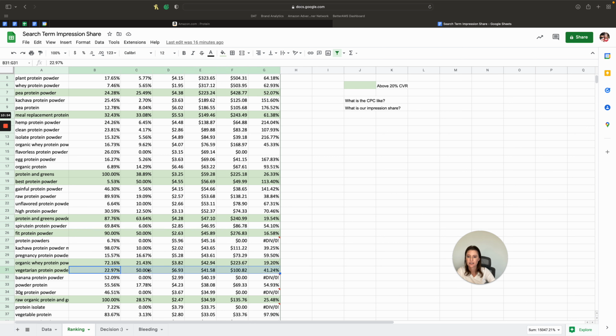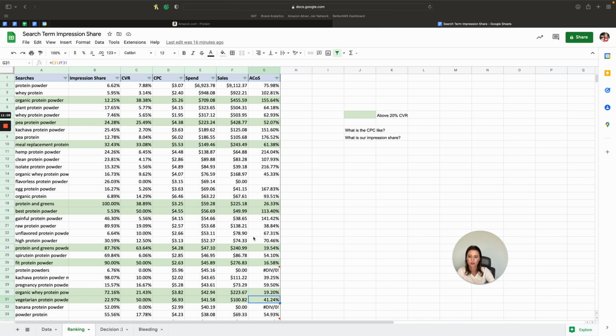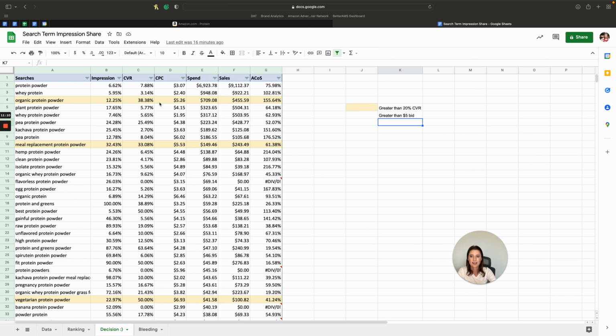We have a 50% conversion rate here. We're only winning 22% of impression share. This tells me, hey, I need to be dominating top of search if I have a 50% conversion rate. And then I can see 41% ACOS. That's pretty good. So that's something small we like to look at. Again, I like to layer in concepts like what's the bid. If the bid is incredibly high, even though I'm converting super, super well at a $5.53 bid,